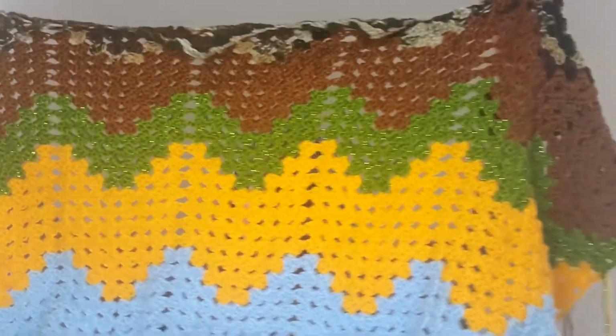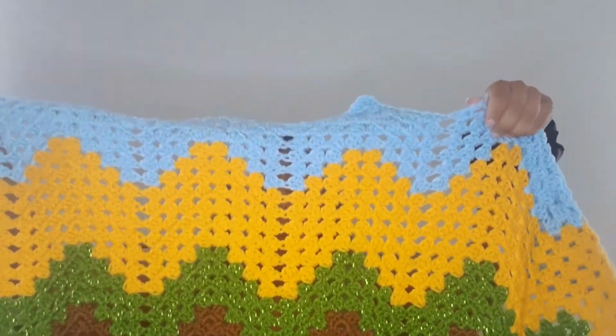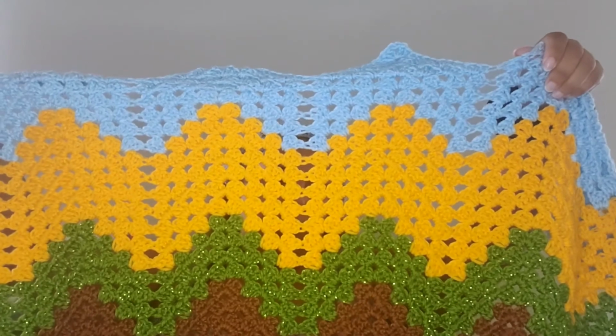So I'm covering my face, but I hope you can see it. It's upside down, but I guess it doesn't matter which way you hold it. And so I've worked 2, 3, 4, 5 rows, and I still have like 4 or 5 rows that I'm taking out, and I'm just crocheting as I'm undoing it and literally attaching it, and I'm not unwinding it. I'm just literally crocheting from the other blanket that I messed up. So hopefully this week I'll catch up to where I was and surpass,